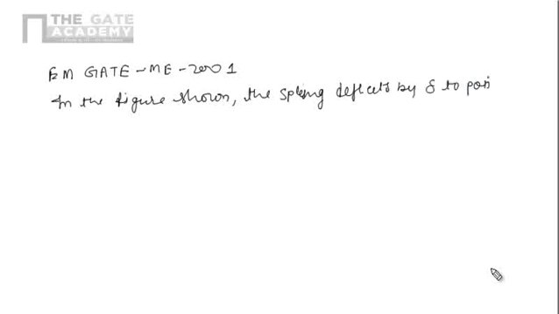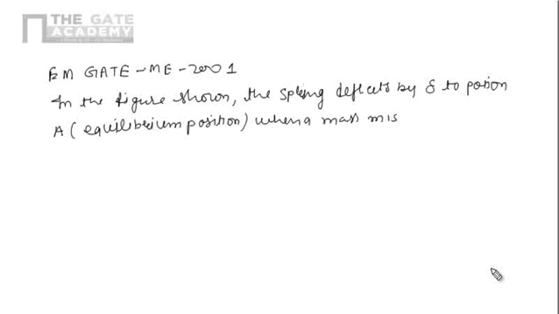In the figure shown, the spring deflects by delta to position A, that is the equilibrium position, when a mass m is kept on it. During free vibration,